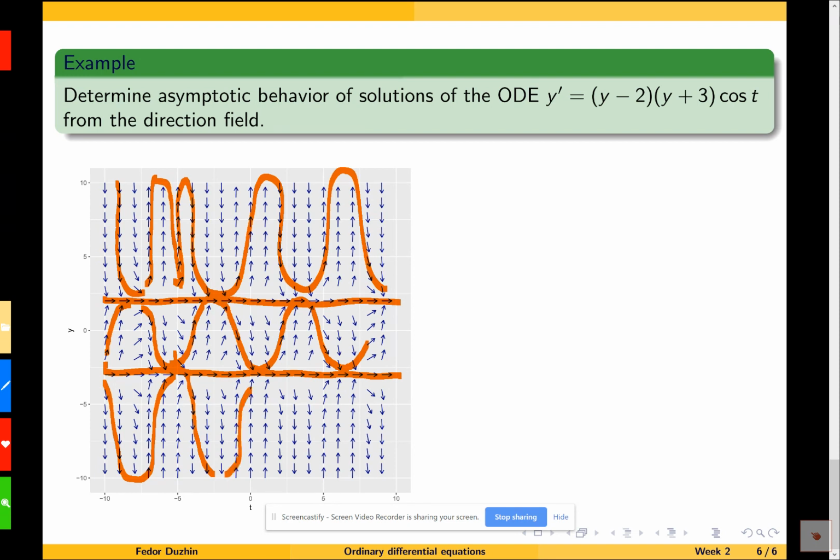It's not so obvious, but in any case, what we see here is that there are two equilibrium solutions, y equals 2 and y equals negative 3. Then, as t goes to infinity, all other solutions oscillate, so they do not approach either of these two. Solutions with the initial value between 2 and negative 3 oscillate between 2 and negative 3. Solutions with the initial value bigger than 2 oscillate so that the minimum of oscillation is still above 2, and solutions